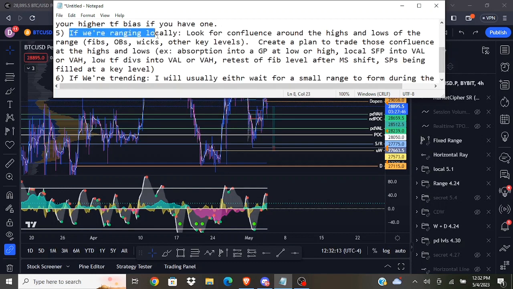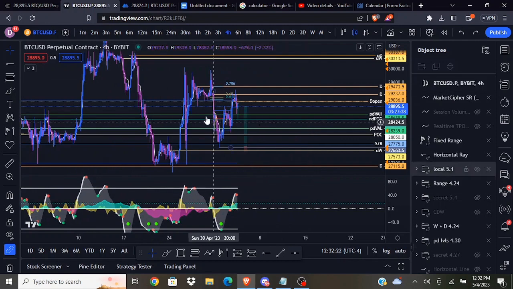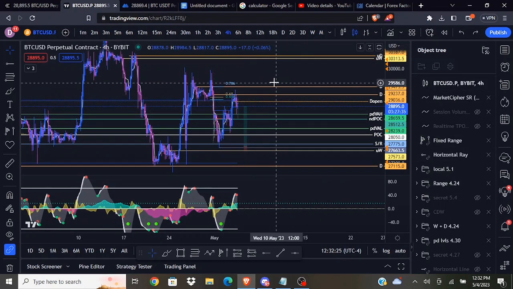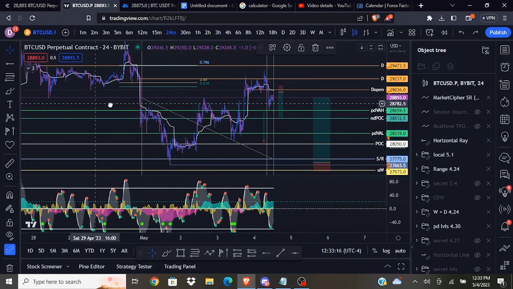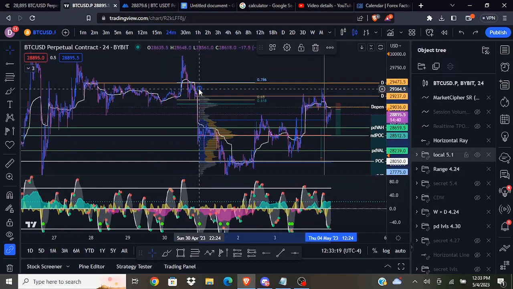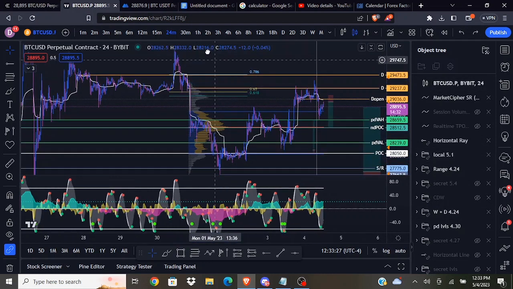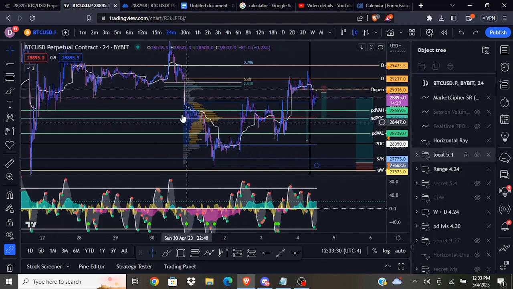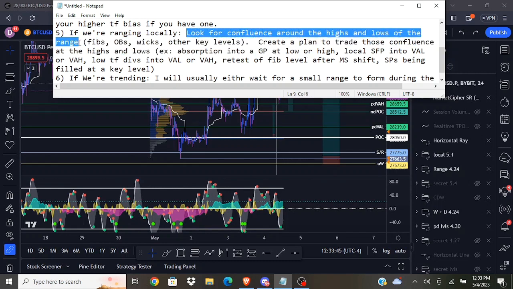And getting more specifically into local ranges, if price is ranging locally, which I guess we're kind of trending and ranging at the same point here, but let's just say we are considering this right now one larger range, and maybe we will take it from where price connects to this high to the left, so that'd be right about here, and we'll go with this range context for right now. So once I have my range identified, I will basically look for confluence at the highs or lows